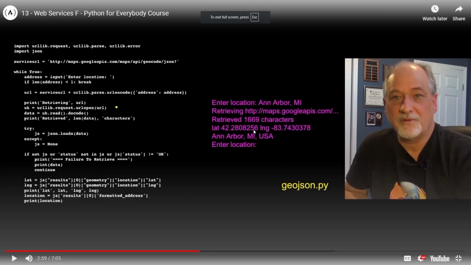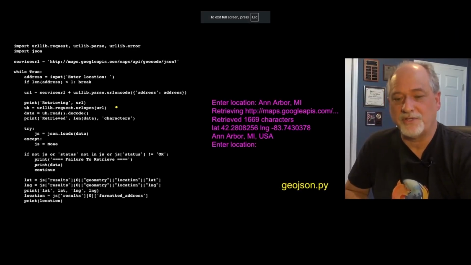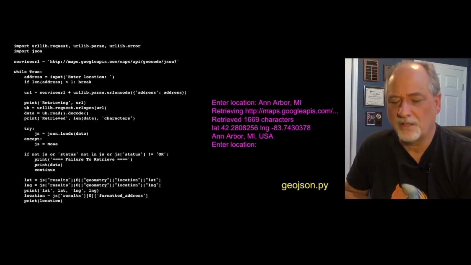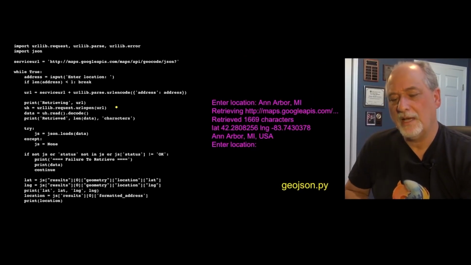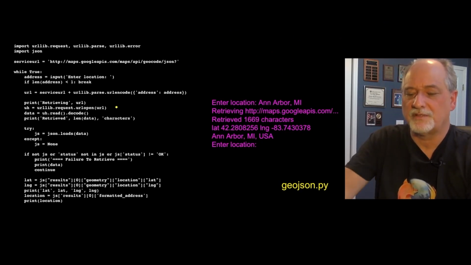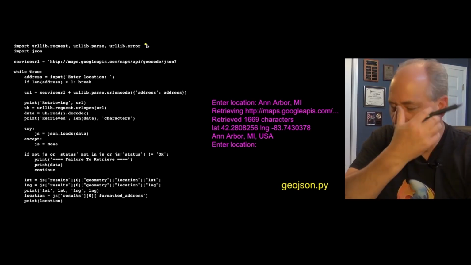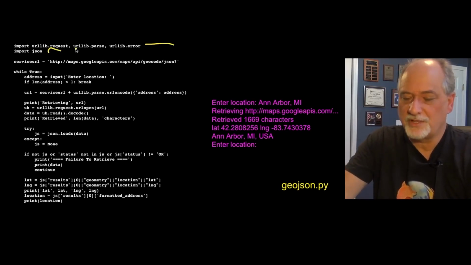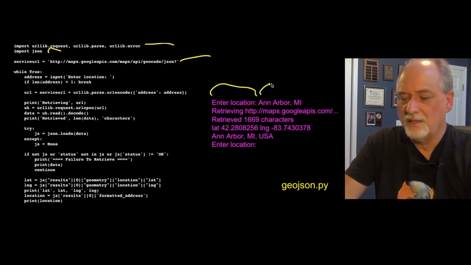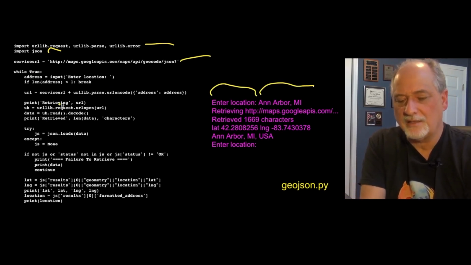So let's do this. It says, can we write a program that can read this? And so here's our little program that reads this. A lot of this is comfortable. You've already seen some of it. You import urllib. We have to parse the JSON. We grab the URL. And then we're going to write a little while loop that's going to ask for a location. And we can type that location in. And we've got to concatenate with this URL the location equals.